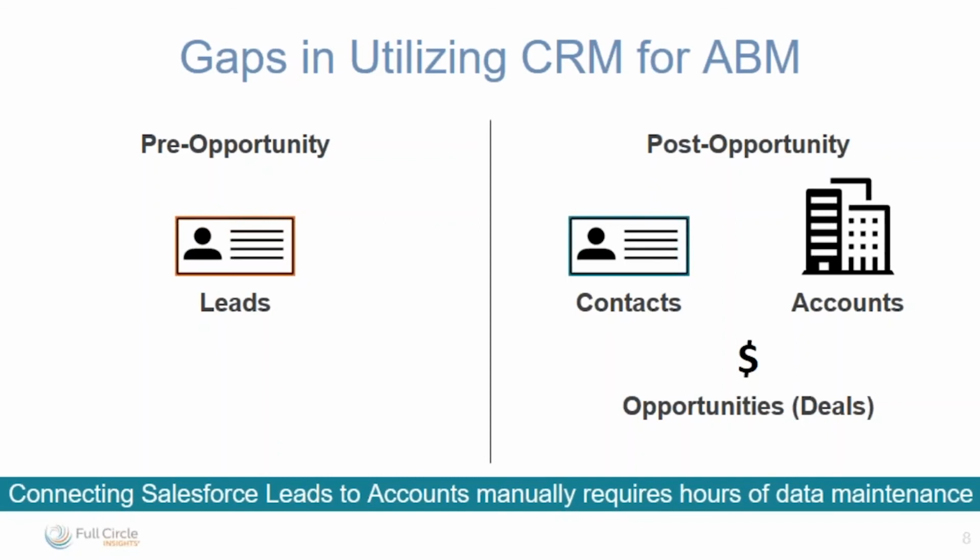But on the right side, you've got post-opportunity, those that are in your pipeline, and that you create an account and a contact out of, and you create an opportunity with a dollar amount attached to it. So you've got that left side, you've got that right side, and Salesforce by default makes it a little difficult to have that full picture as leads progress down the funnel. And so connecting Salesforce leads to accounts requires a lot of data maintenance that usually is pretty manual. And you can forego that for productivity,